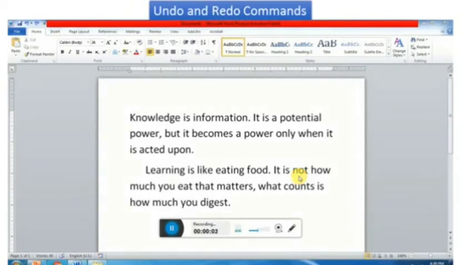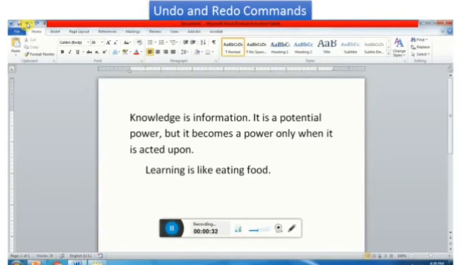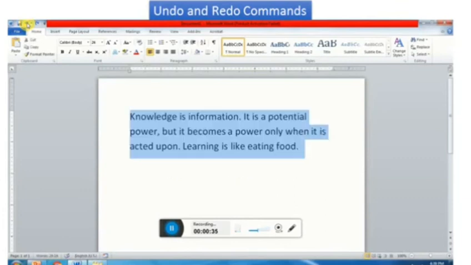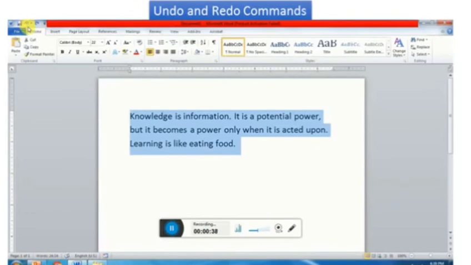Undo and redo command. Microsoft Word keeps track of all the changes that we make in a document. We can easily undo any change and restore the original text. First we'll see the undo option. The undo option reverses the effect of the last command. To reverse one or more actions, click on the undo command. This is the undo command which is there on the quick access toolbar. See, this is my last action which I performed. You can continuously click on this undo, and the shortcut key for undo is Ctrl+Z.